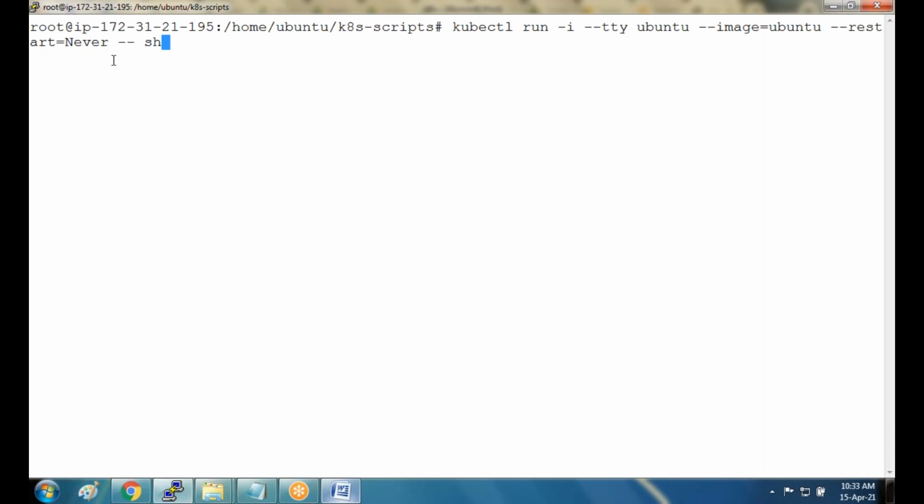Now we log into the Ubuntu, which is in interactive mode. Okay, so we are in the pod. That is my prompt. What prompt is it? Shell prompt. You see that the sh stands for shell prompt. Now go with,